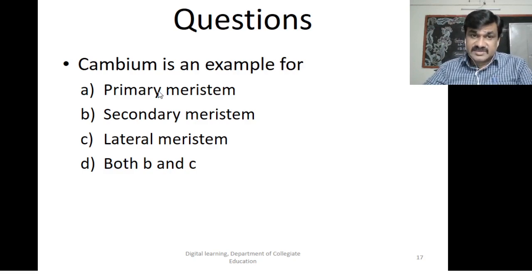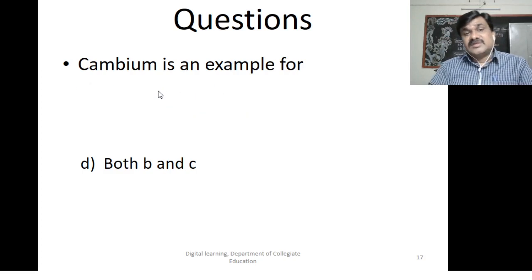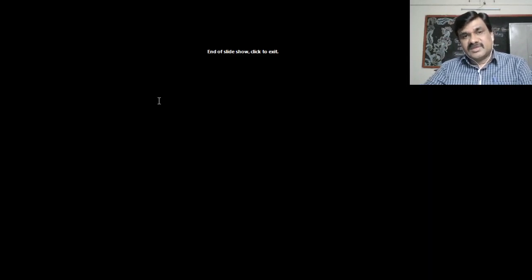What will be the answer? You are correct. The answer is option D, both B and C. Cambium is an example of secondary meristem and also an example of lateral meristem. Thank you. By this we know about the primary meristematic